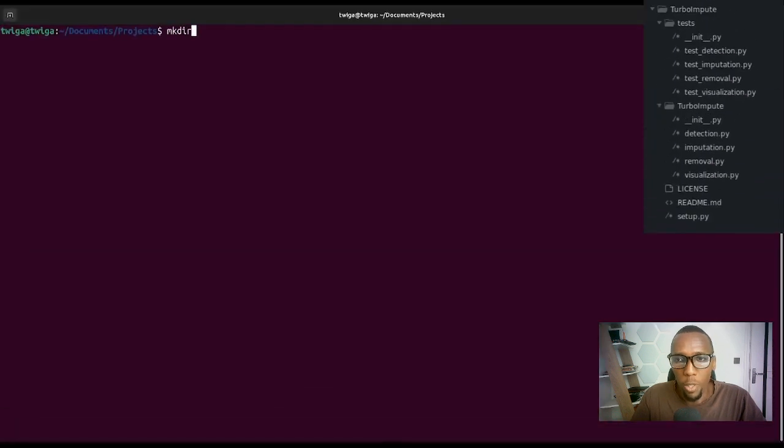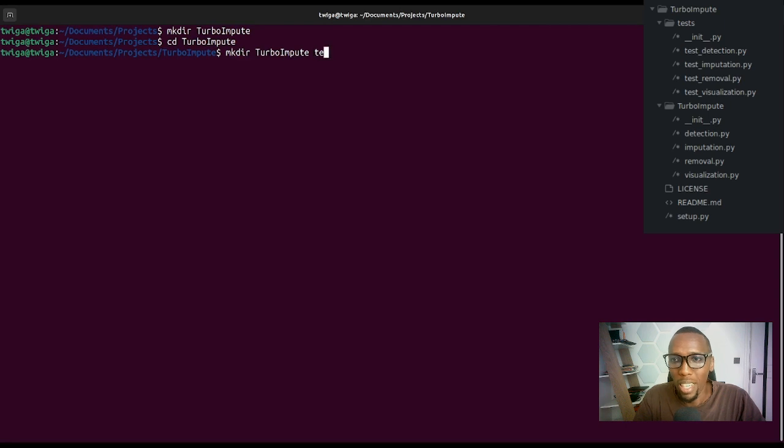So starting off with any library, we would need to create a directory. On the far right, you can see the structure of the Turbo Impute library, where we have tests and Turbo Impute as the directories inside the main or root directory. That's Turbo Impute. So starting off, we create the main or root Turbo Impute directory, and we go into it, and inside it we now create the subdirectories. That's the Turbo Impute as well as the tests